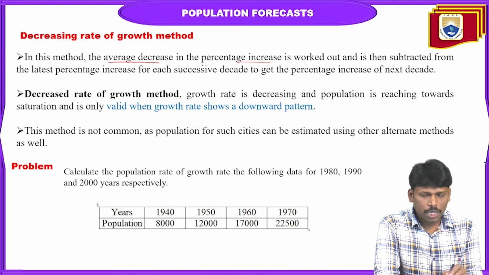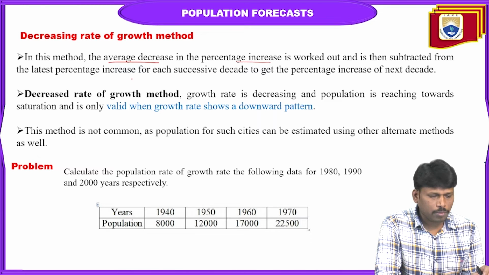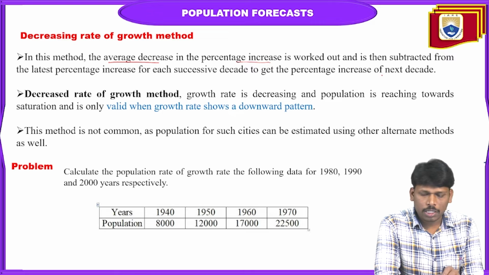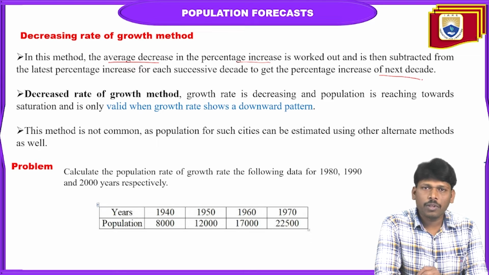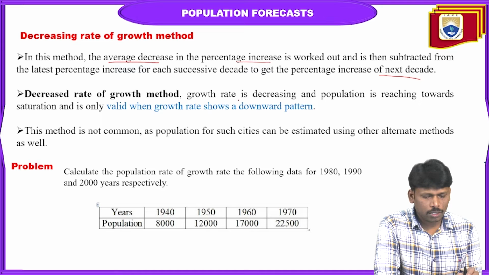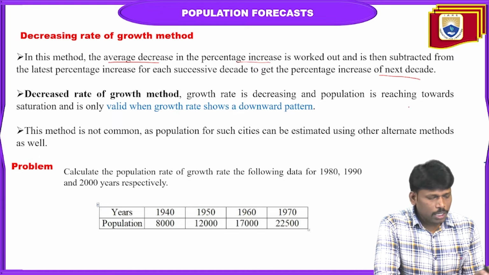Then it has to be subtracted from the past percentage increase for each successive decade to get the percentage increase for the next decade. So this has to be done. If we take some problem, we'll get a better understanding this way. The decreasing rate growth method is reaching towards saturation, and it is valid only